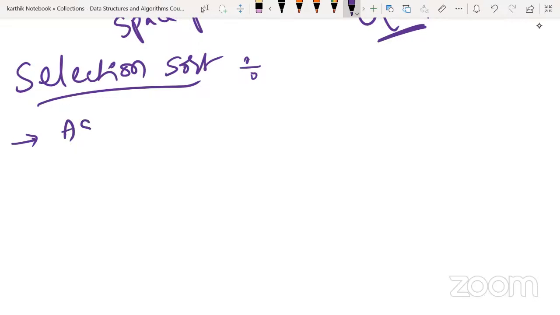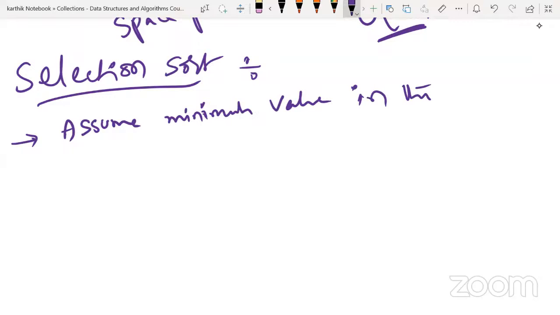The principle is: assume the minimum value in the array is present at the 0th index. I'm assuming, whatever may be the case, that the minimum value of the array is present at the 0th index, and then